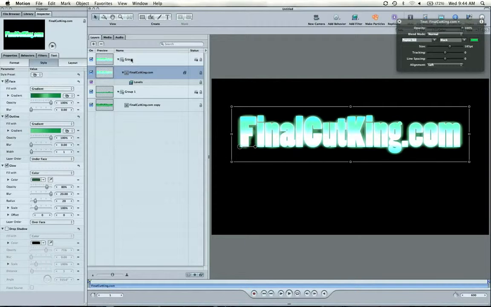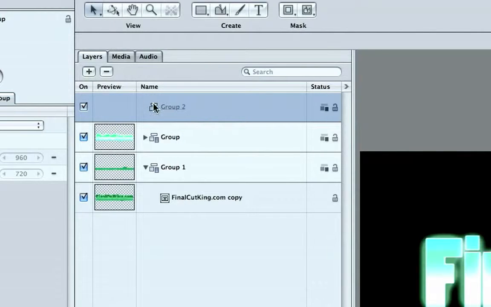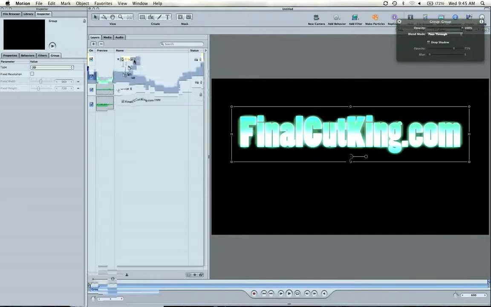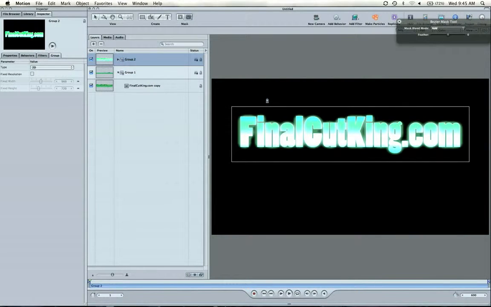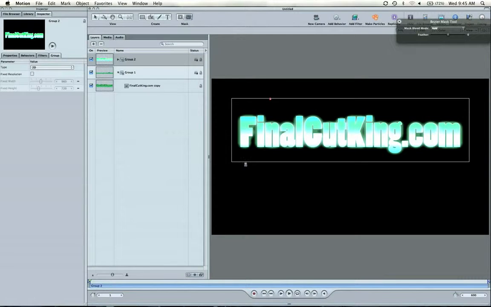But what we're going to do is add a mask to this text, but we can't do that because it is text and you can't add a mask to text alone. So what we need to do is add a separate group to this text. So we're going to come up to New. There's a group 2 here. Drag that text in there. And now we're going to select this group and grab the mask tool, which is right up here, and go ahead and just